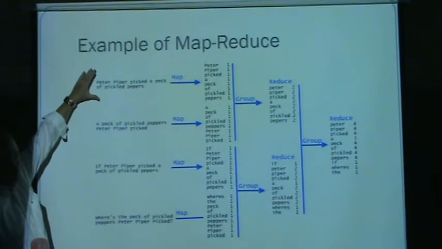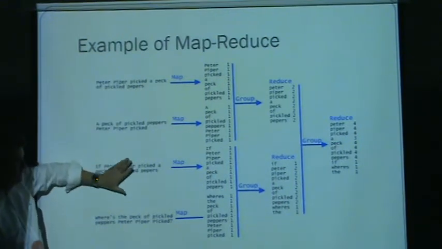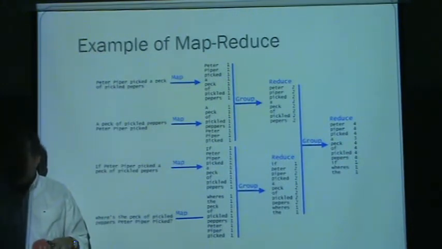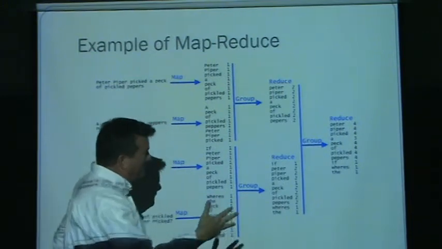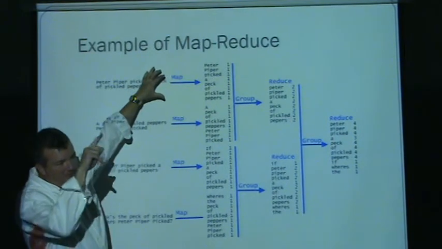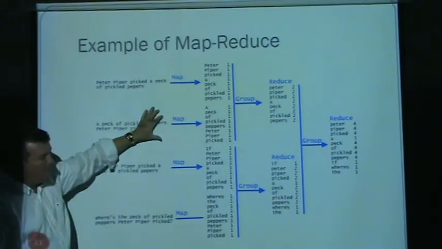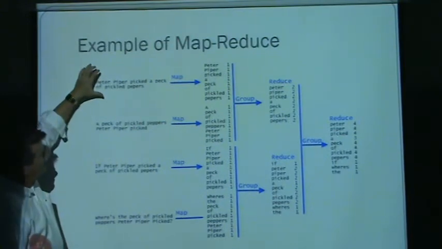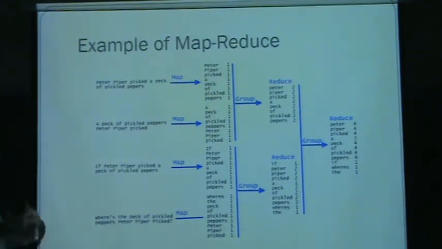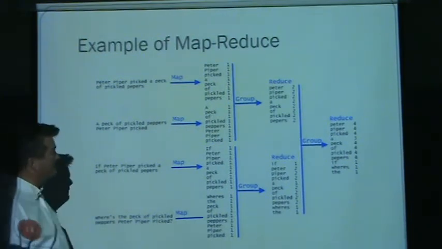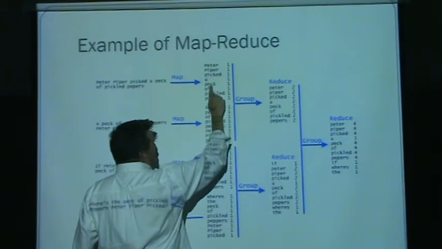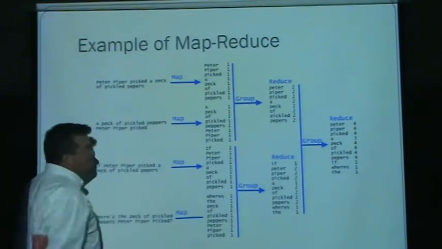Suppose that these are 4 different tweets made by 4 different people, and you want to know, what is everybody talking about these days? What's trending? What's popular? What words show up a lot? So you would take this tweet and count how many times each word shows up, then take the next tweet and count the same. The idea is to eventually see what words they have in common, and how many times those words show up, so I can figure out what everybody's chatting about these days. So you read this sentence and do a computation: how many times does each word show up? They all showed up 1 time.